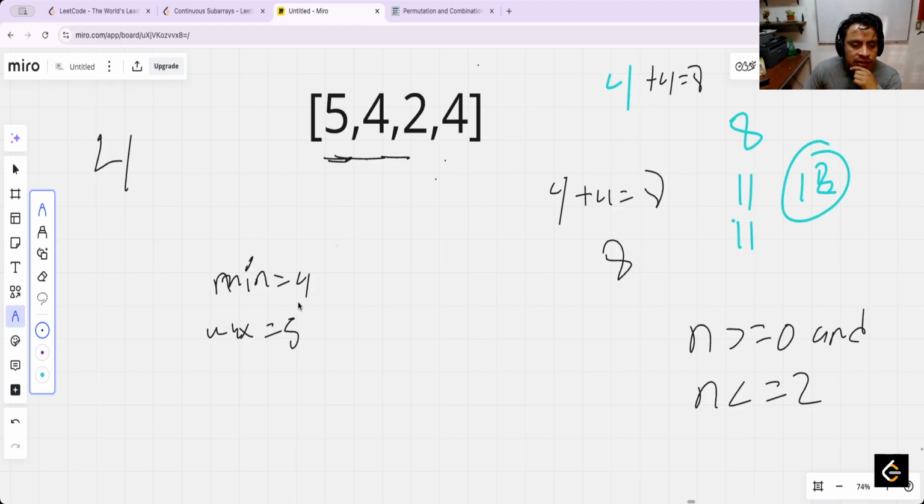Now the next is 2, the difference between this and this is 3, okay. I need to move the sliding window, sorry. In this case it's only this. Now the maximum is 4, the difference is still 2, okay, and we can move to the next. The maximum is still in the range, okay, but